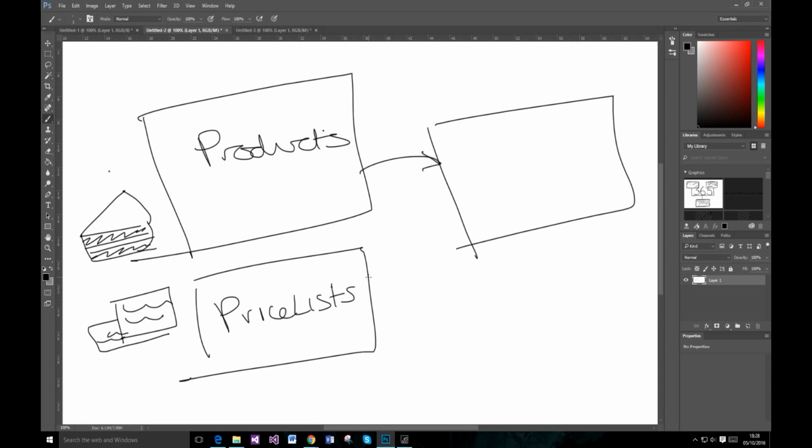Well, it does this by what can be classed as an intersect entity, I suppose, like a visible one. But let's not confuse anyone watching. So this is called a price list item. Great. So this price list item references the product, my cake, but it also references the price list. And then you've got items. This specific instance is what will include your money, your cost, because my cake can be more expensive to some